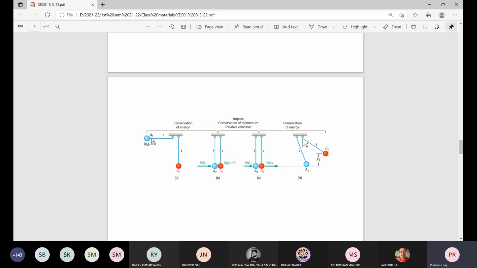Now, the idea is simple and the same, but the problem may be, just to test us, of different manners. Suppose this ceiling is not holding these two spheres A and B with the same length of rope. Suppose what we can do,